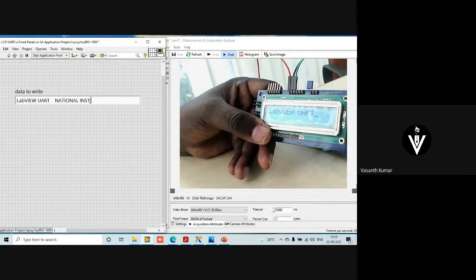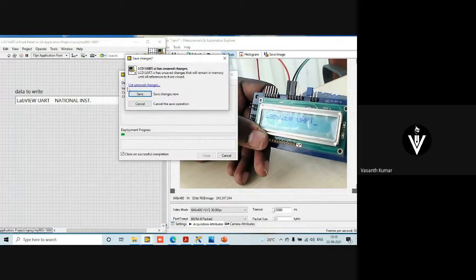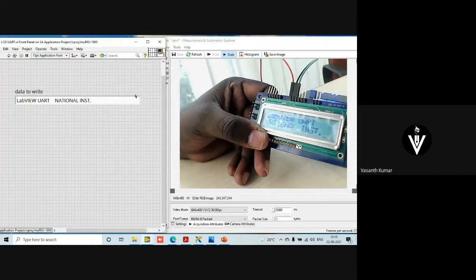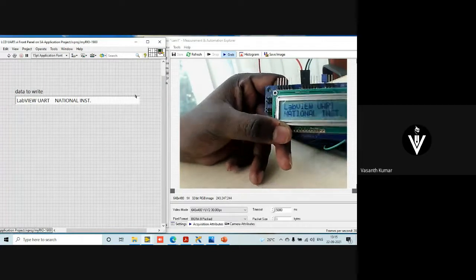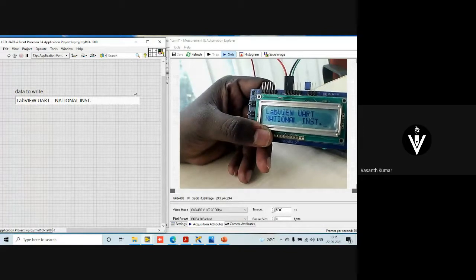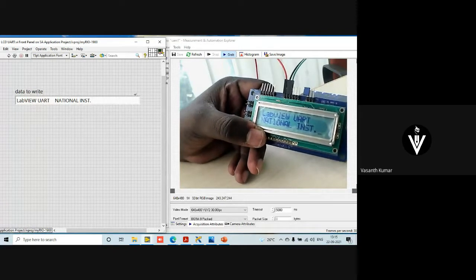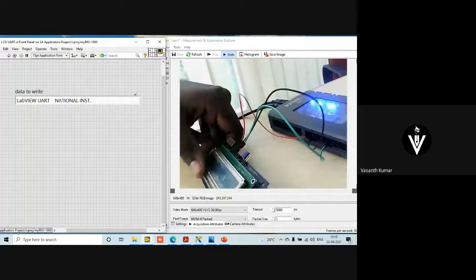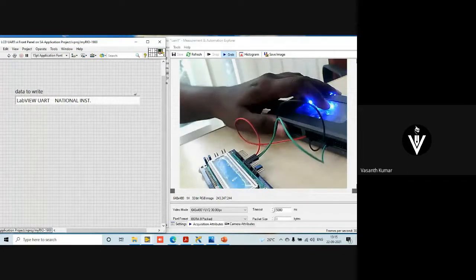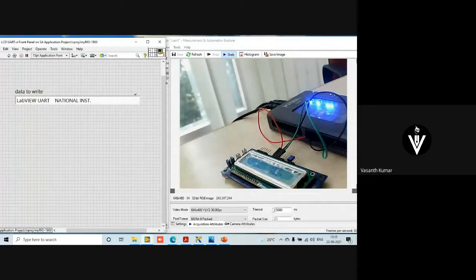So I'm going to name it as National Inst dot. Okay. So I'll save this. Can you see? LabVIEW National Instruments. Getting it? Clear? Yes, this can also be connected from the other pin. So whatever connection I did in a connector, parallelly you can connect to UART transmitter and receiver. Yes. Any doubts, anyone? How this basically worked?